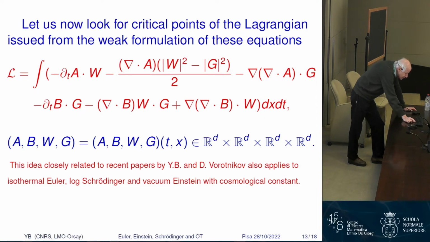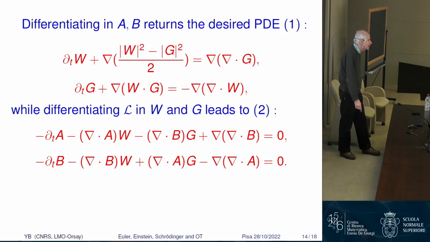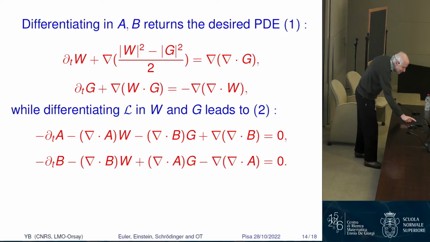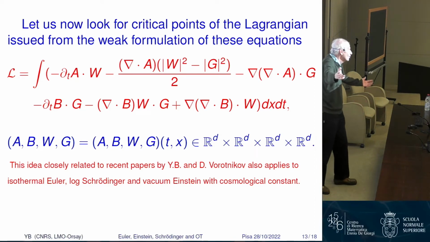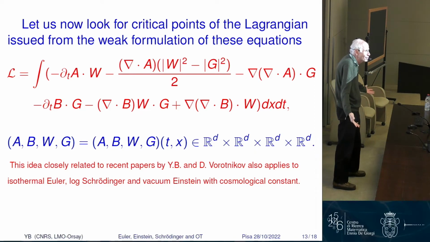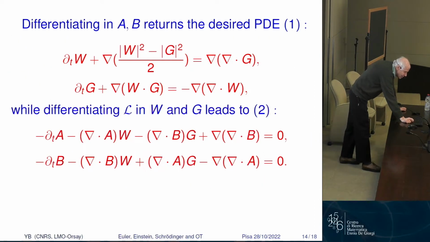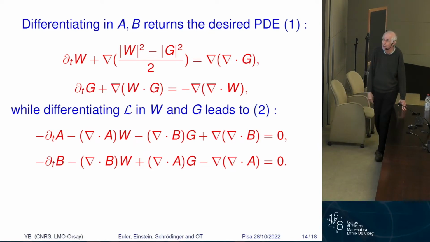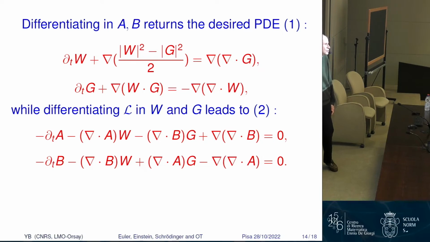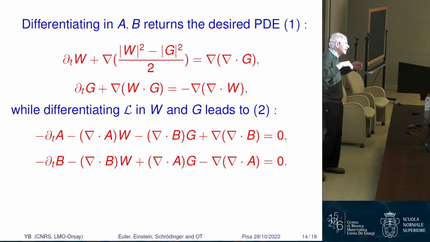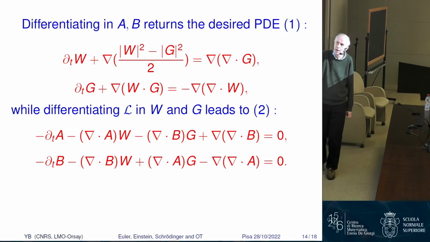Okay, so now the first step is, of course, if you differentiate this Lagrangian with respect to A and B, well, it's pretty trivial because you just get the original equation. This is the purpose of the weak formulation. You can say the weak formulation is just what you get by differentiating with respect to the Lagrange multiplier. So this is what we got. But of course, we get this kind of adjoint equation, if we are using the phrasing of control theory. So you get this adjoint equation by